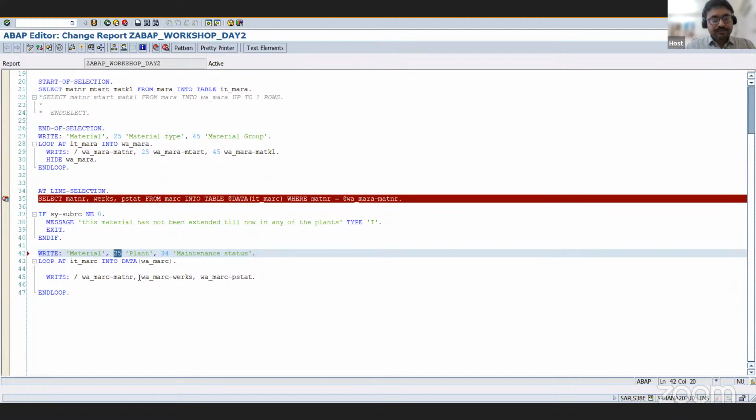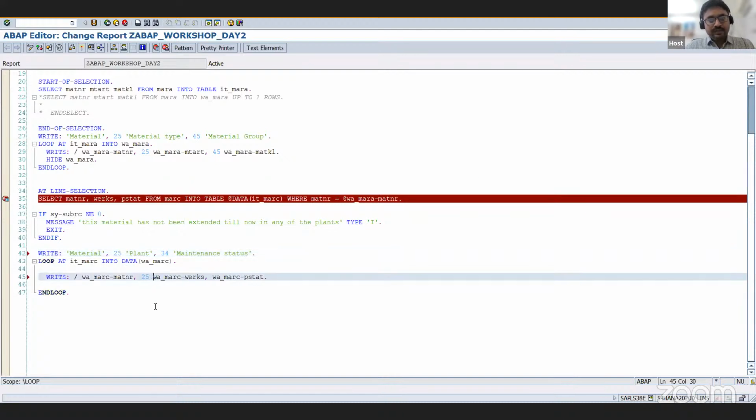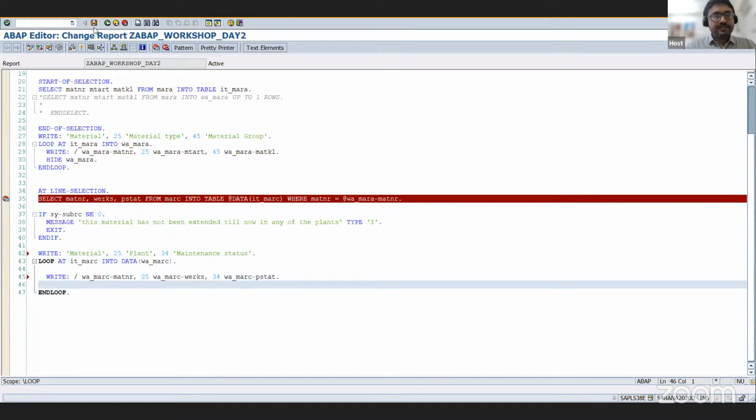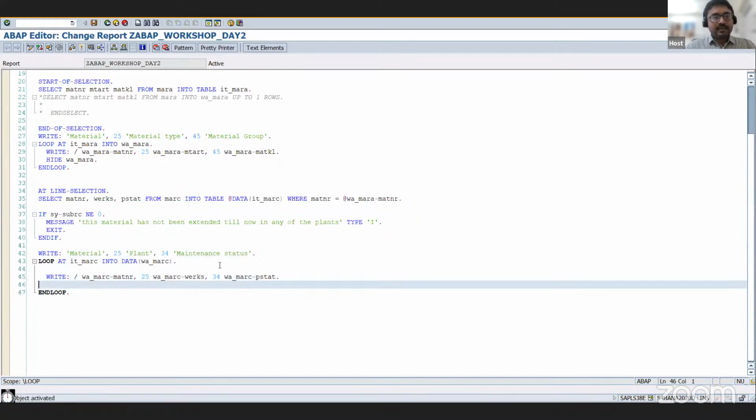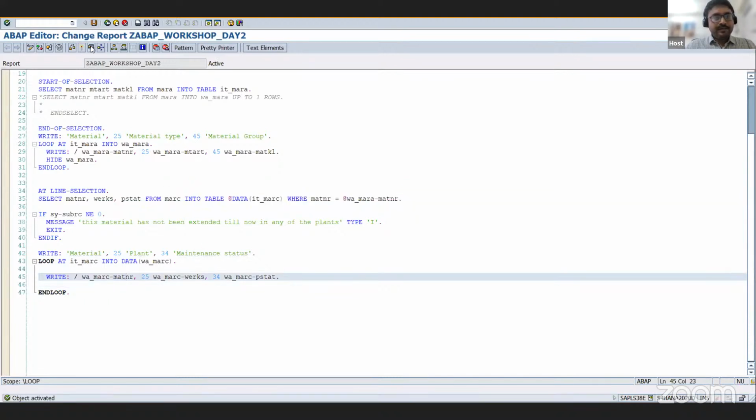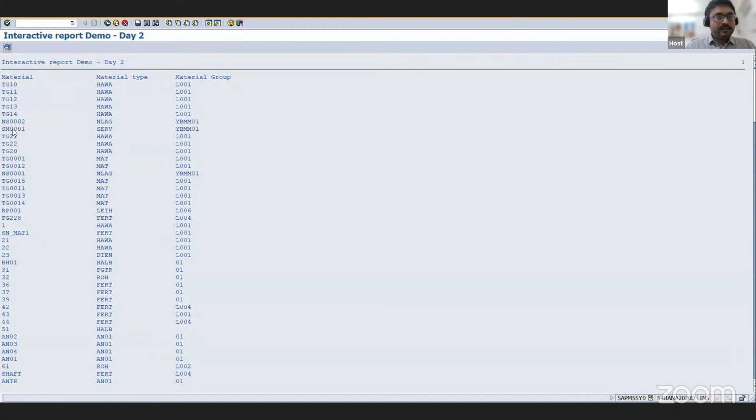So after material, 25. After plant, 34. The same sequence so that everything will be aligned. Just save this and activate this. Press F8. And now let's